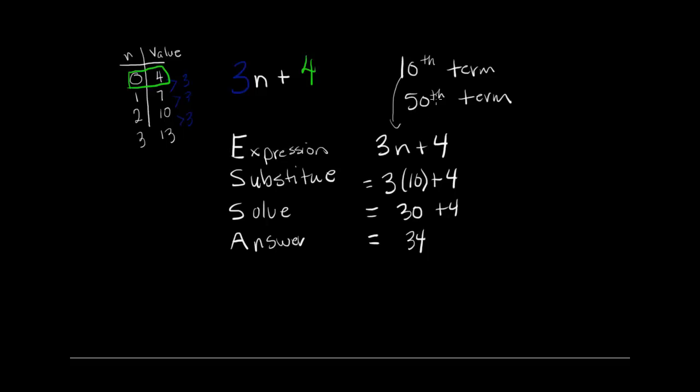Okay, so now let's follow the same format with the 50th term. So I'm going to write down my expression. I'm going to substitute in for the variable. So 3, put in brackets 50, which shows the substitution of the variable. Okay, now the reason why we're putting it in brackets is so that we don't end up with like 310 or 350, because it would confuse us a little bit. So then I have three groups of 50, which is 150 plus 4, and then I answer